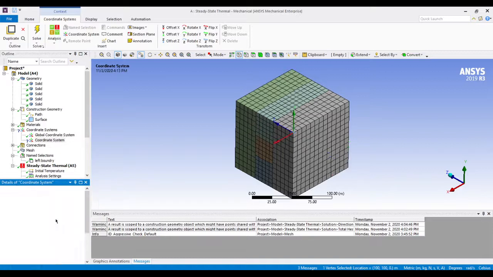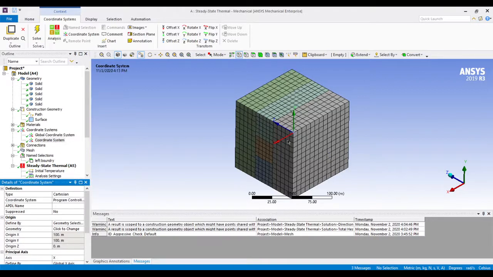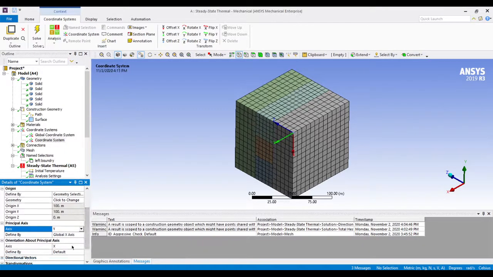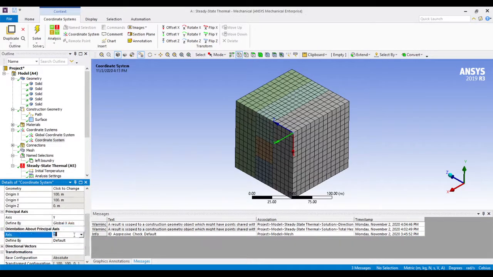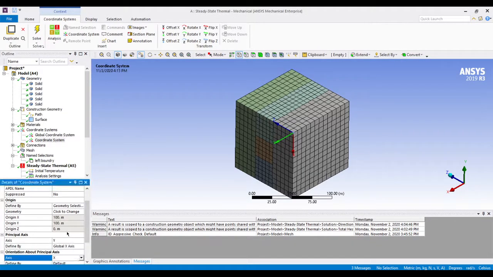this edge. We'll say apply, and you can see the x and y coordinates. So x is this and y is this, and then you can set the define principal x-axis. So we'll select y-axis, and you can see this is your x and this is your y. That is again not my requirement, so we can also change this x-axis as a z-axis. Again there is no change, so we can change the axis orientation of z-axis or x-axis. We can say it is x.